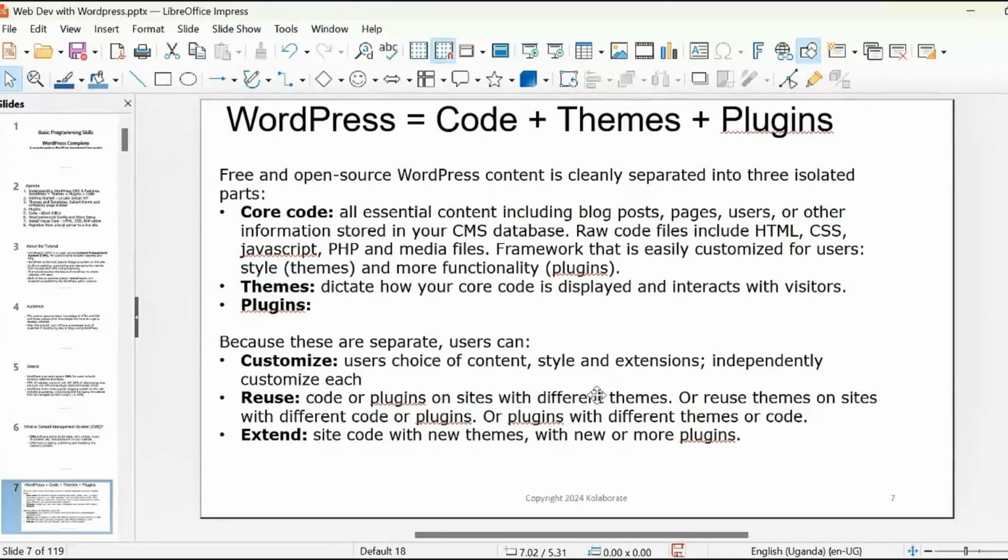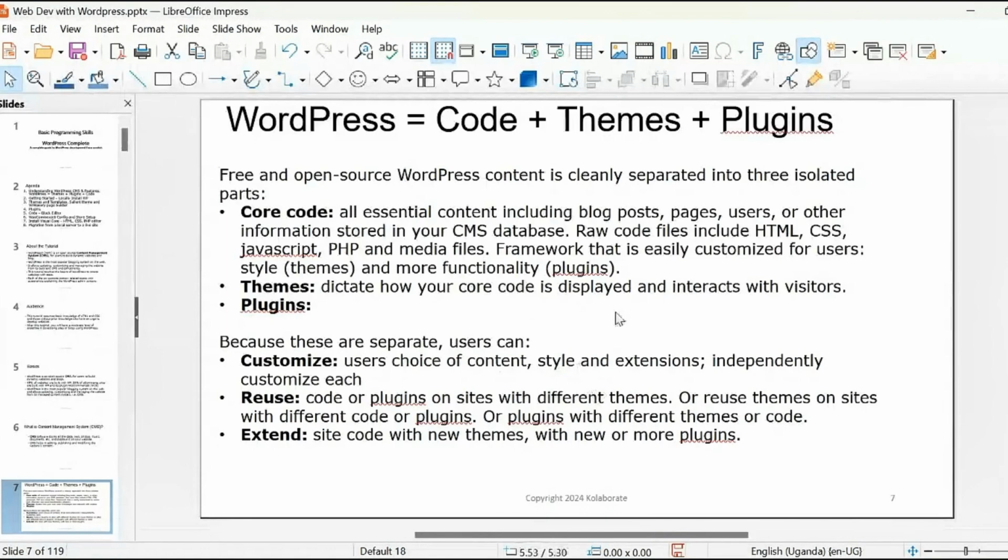So what WordPress is made of, it is made of code. It's made of essentially HTML and CSS and JavaScript, which makes the front end. Like I explained before, the front end of a website is made up of three languages: a markup language, a styling language, and a programming language. And that is HTML, CSS, and JavaScript. And then the back end is made up of the database, and the back end powers the front end.